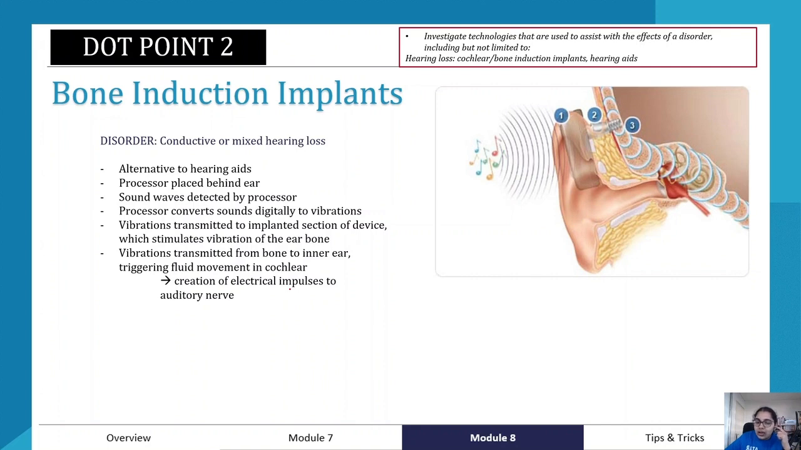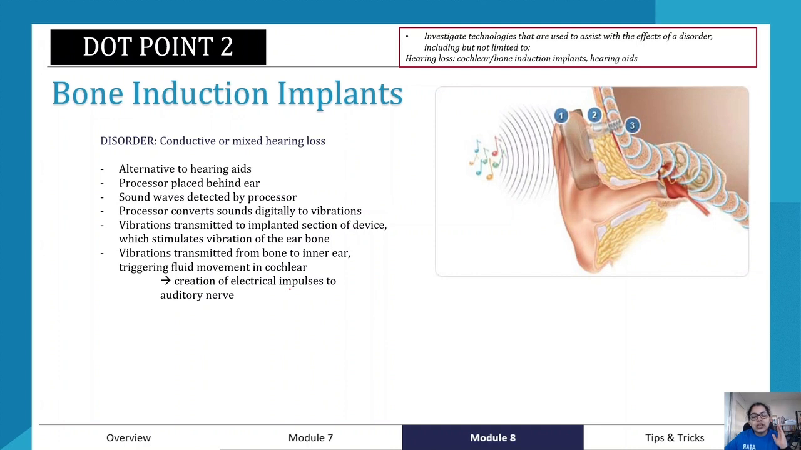In bone induction implants, they actually insert an implant inside your ear, just this part here, in front of the ear. So the processor receives the sound, converts it into vibrations, and those vibrations are immediately sent to the implant. And what the implant will do is stimulate vibration of the ear